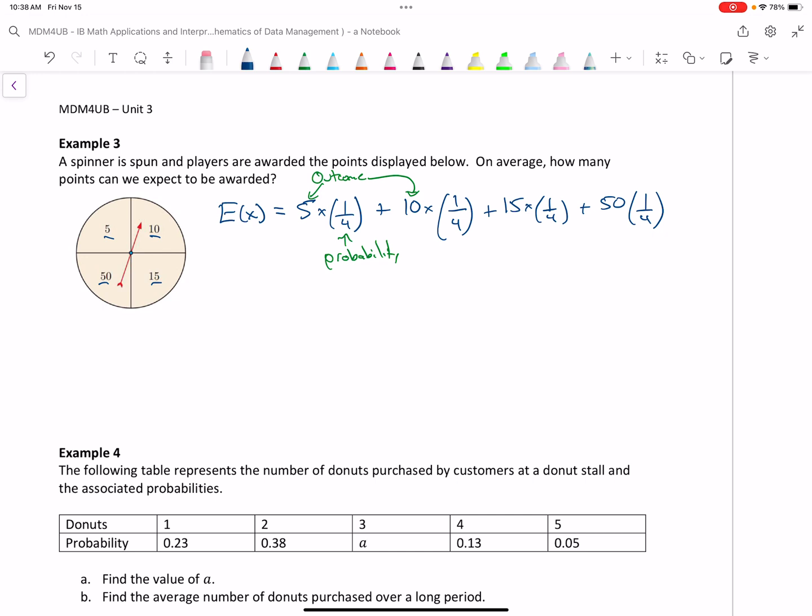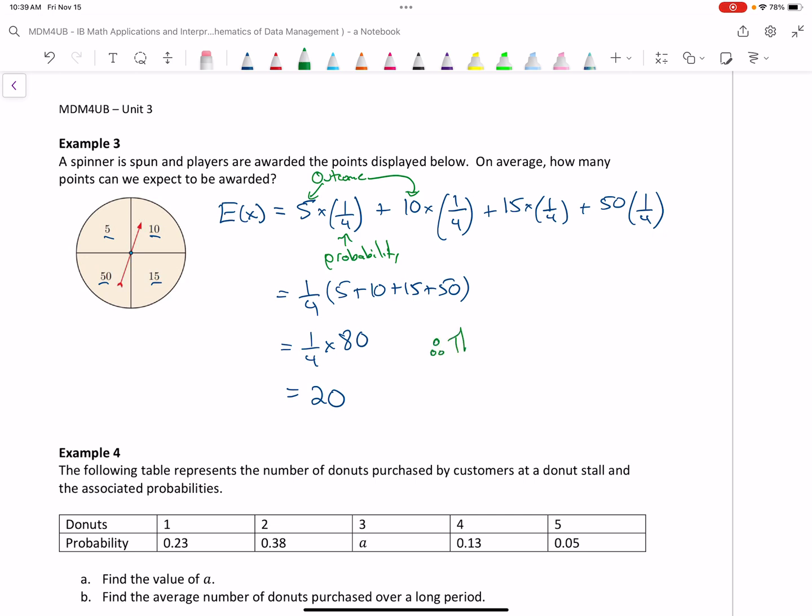So they are all weighted equal. And so you could make this calculation a bit simpler by just saying it's 1/4 times 5 plus 10 plus 15 plus 50. Or you could take the long road, but this one's a bit quicker. And so you end up with 1/4 times 80, which just comes out to 20. So what does this 20 represent? If I was to spin this thing a lot of times, on average, if I was to add them up and take the total number of spins, on average I would get around 20 points. Even though 20 is not one of the outcomes, it's the predicted average that I would get.